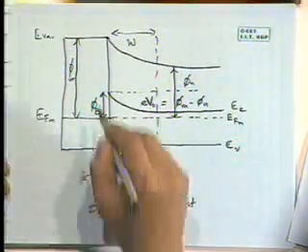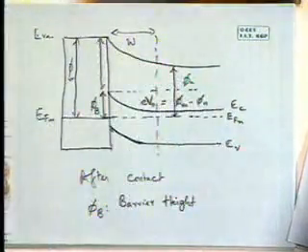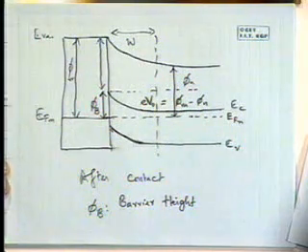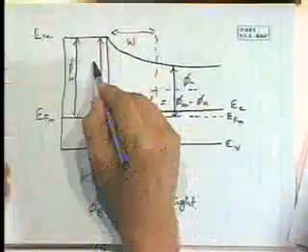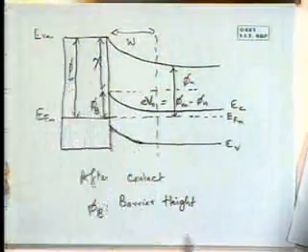And phi b turns out to be what? What is this distance? From the bottom of the conduction band edge to the vacuum level in a semiconductor. We just looked at it earlier. No, that is to Fermi level. Chi, very good. That's chi. So phi b is nothing but phi m minus chi,